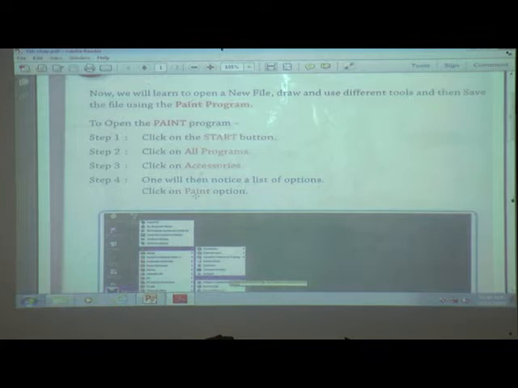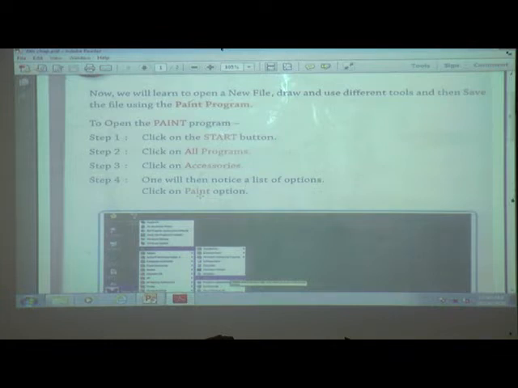Before that we wanted notepad. The procedure for opening notepad and paint is the same, the only difference is that after start, all programs, accessories, we click on notepad for notepad, and now in this lesson we want paint. Then click on paint. Till here, the 3 steps are the same to open notepad and paint. First is start, all programs, accessories, and then paint.